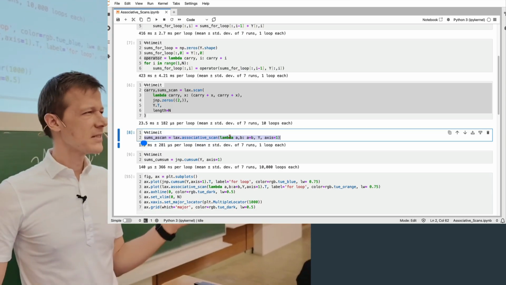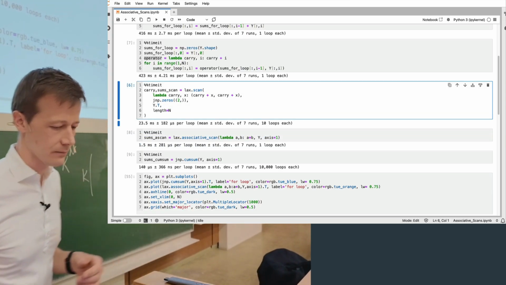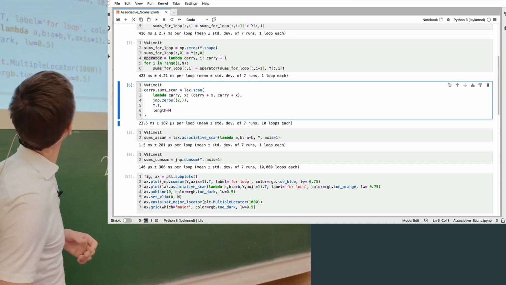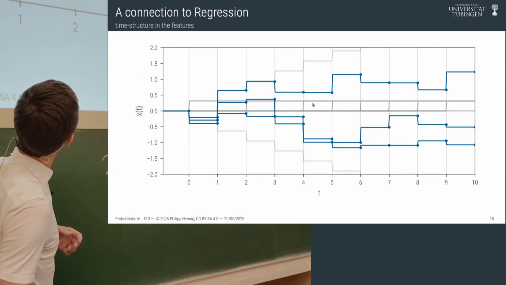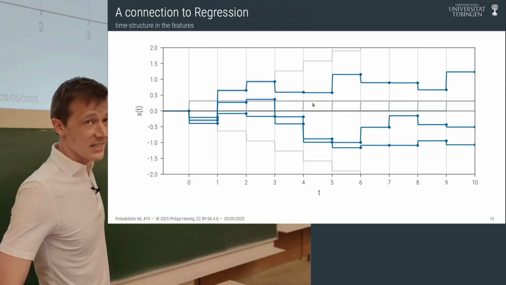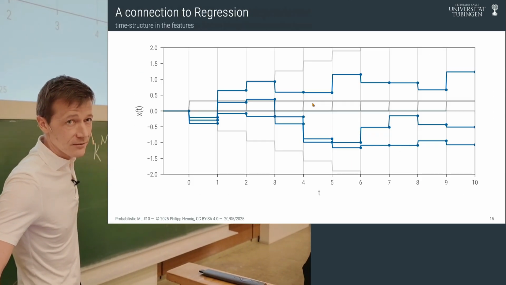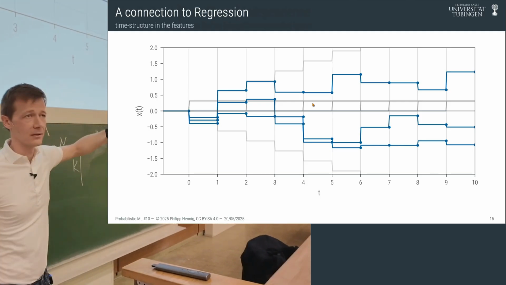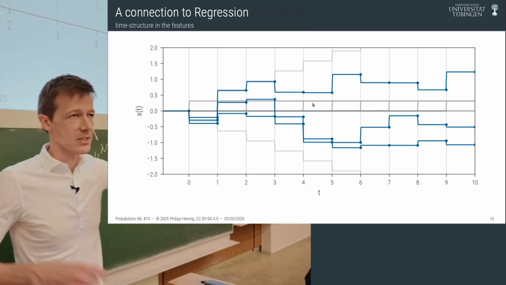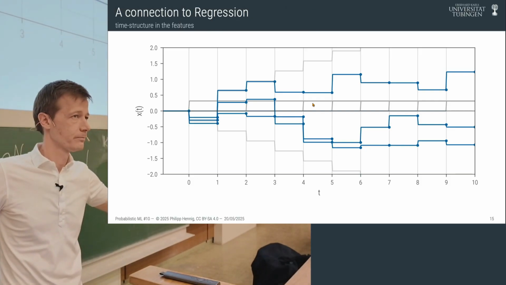So what does this all have to do with the stuff we've been doing today? Well, sorry. So remember this picture that I showed before? This is exactly just summing up stuff, right? It's just going through and locally adding one thing. And after t time steps, we just have a sum of random numbers.